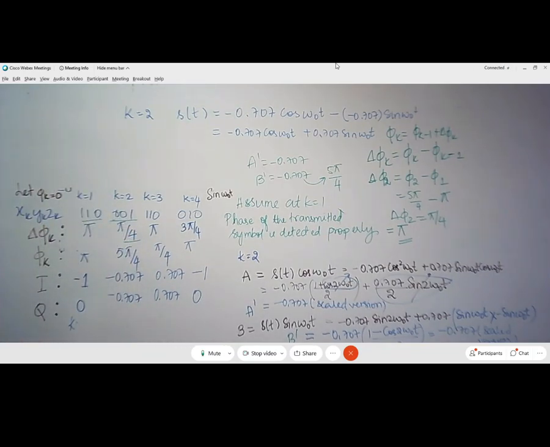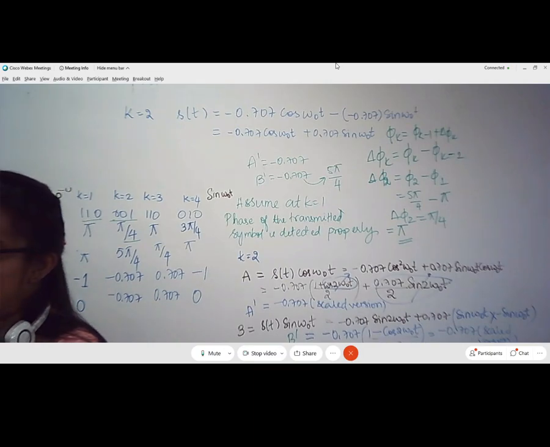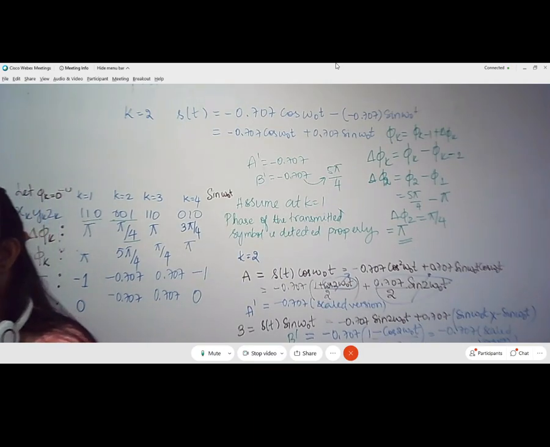Okay. So this is it with respect to the differential 8PSK modulator and demodulator. You can take your own bit stream and try to do the same analysis. You are going to get the same answer. So we are going to stop here. In the next class we are going to do the error analysis, or how to find out what will happen if there is a detection error. What if I detect some bits as 1 instead of 0, or 0s instead of 1s, then how to measure that error probability, that we are going to see in the next class.